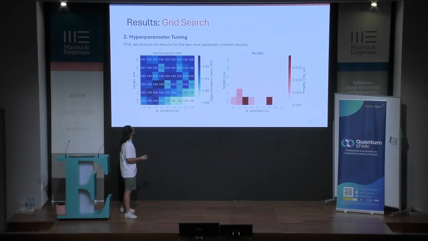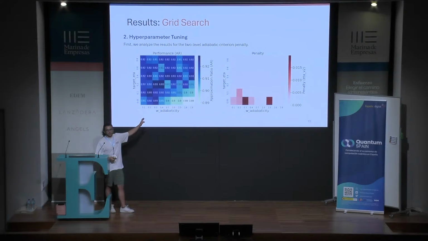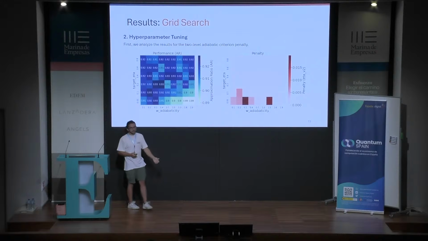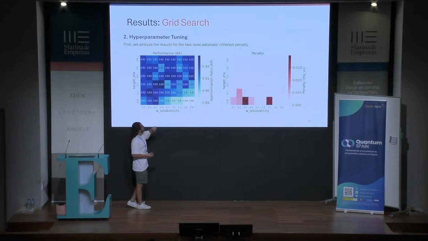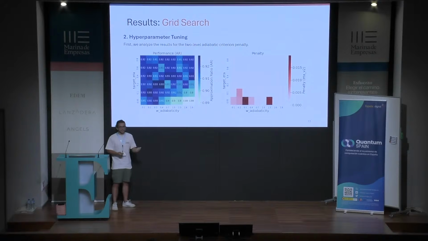So here is, as an example, the grid search results for the 2-level adiabatic criterion. In the left panel, we show the approximation ratio obtained for different values of weights and threshold. And in the right panel, we show the penalty that was obtained for the optimal driving protocol for each configuration. And from here, we can select the optimal configuration based on the approximation ratio,